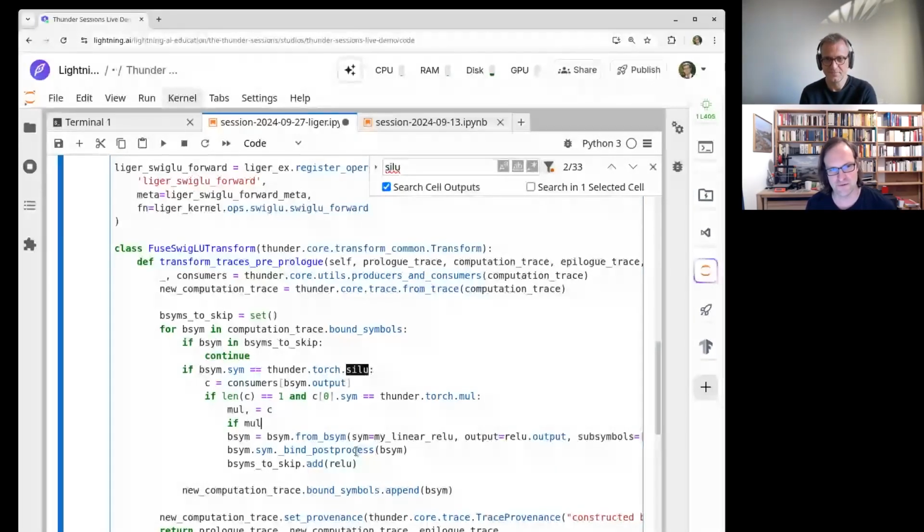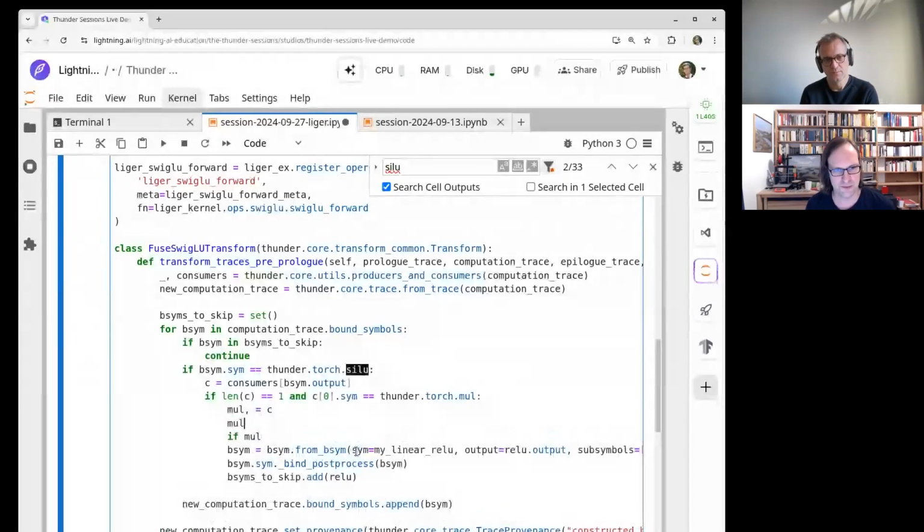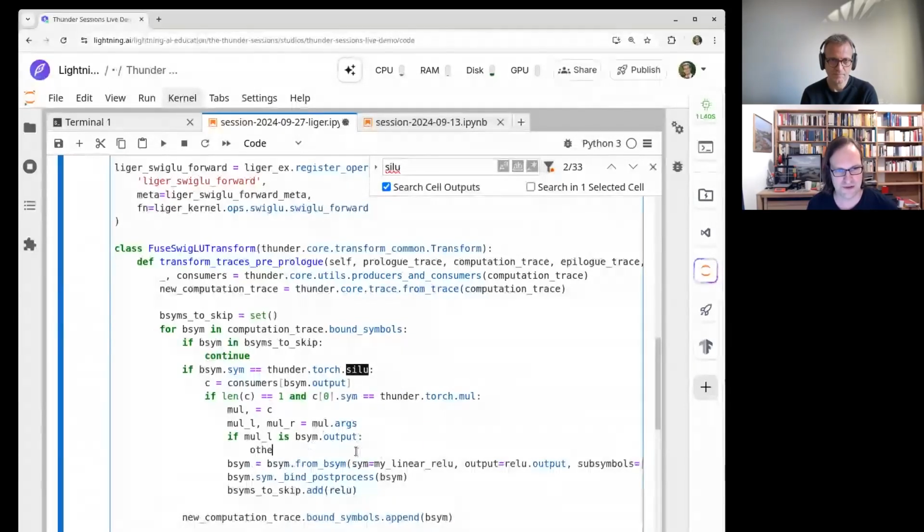So we have the left factor and we have the right factor, and these should be the args of the multiplication. And so if the left factor is the output of the Silu function, then the other is the right one.